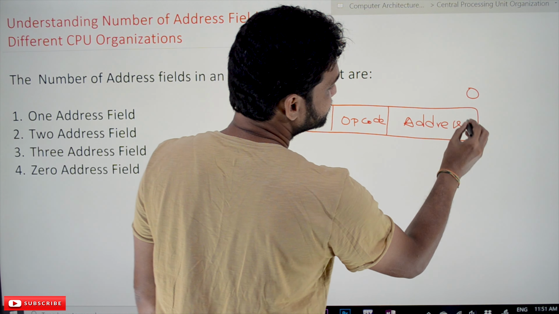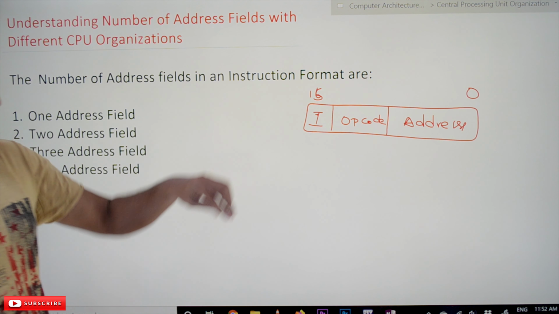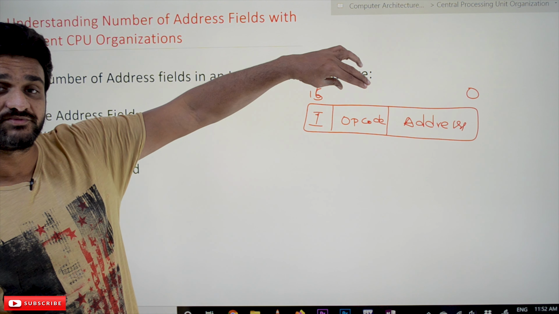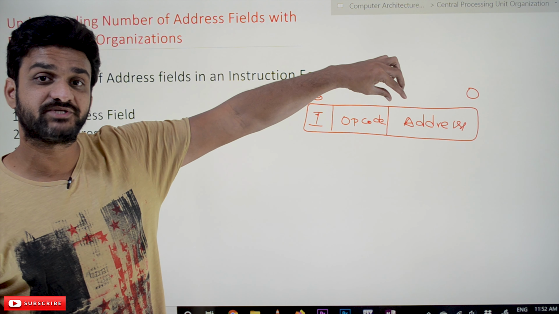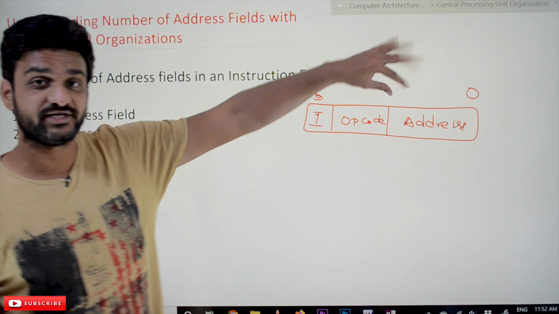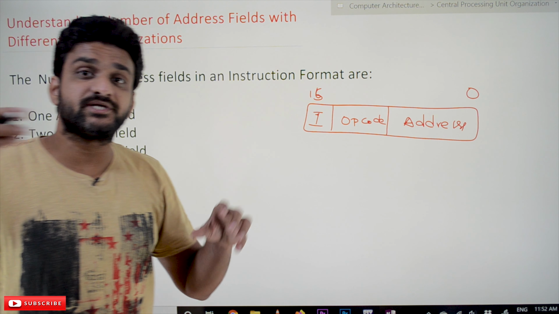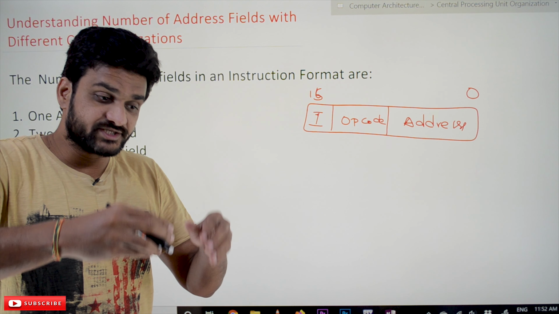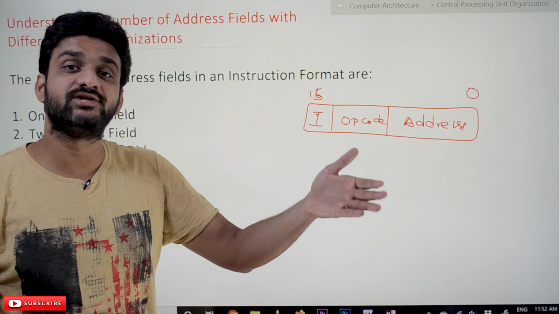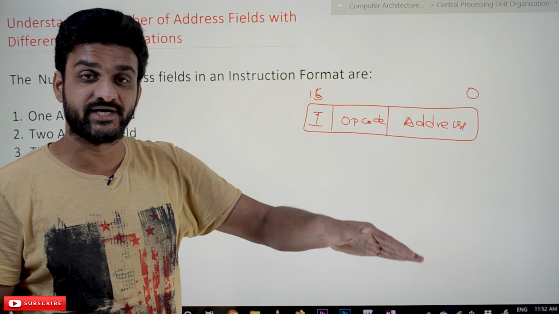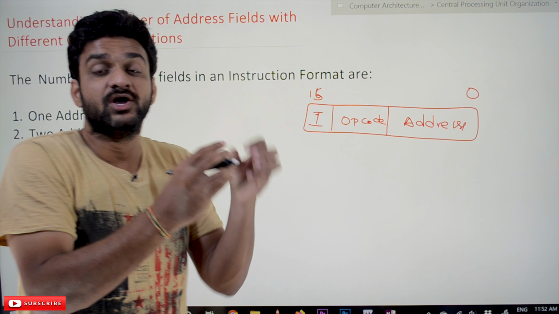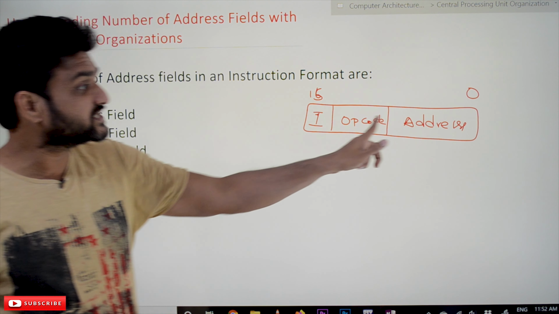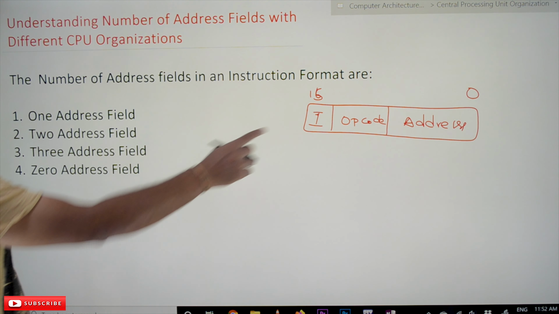These instructions are under the implied accumulator assumption. Implied accumulator organization means that whatever operation we are going to perform, it is implied that one of the operand values is already there in the accumulator. On the remaining operand, the operation will get performed. For this to happen, this is a single address instruction format.